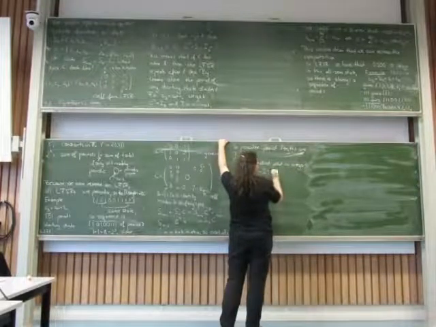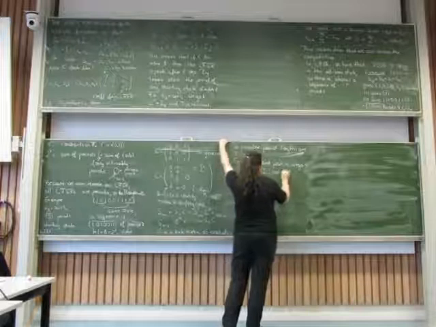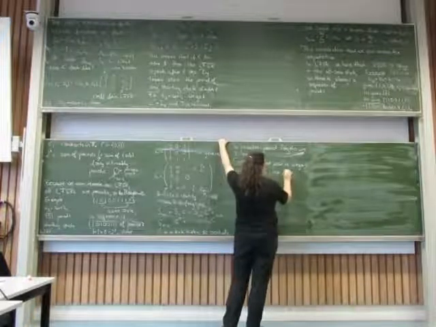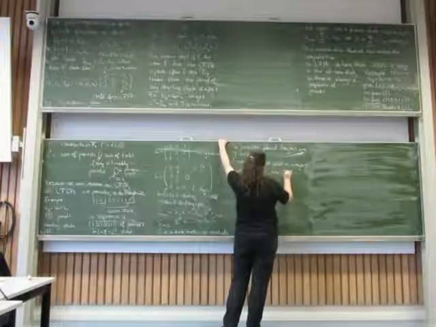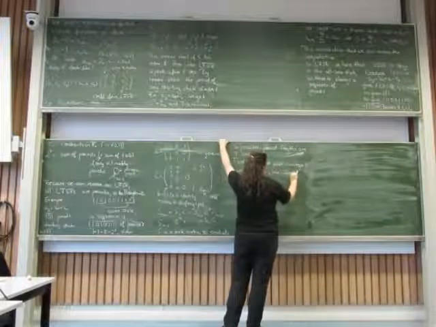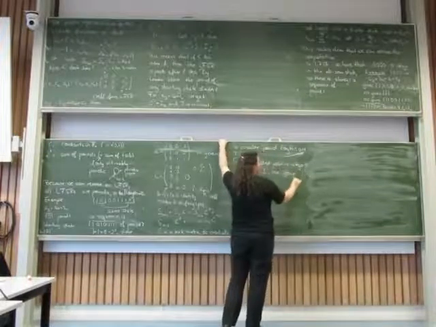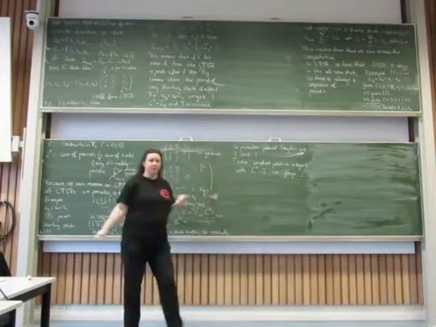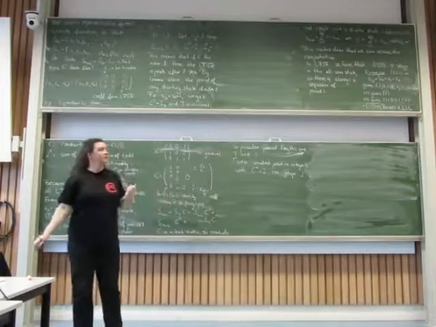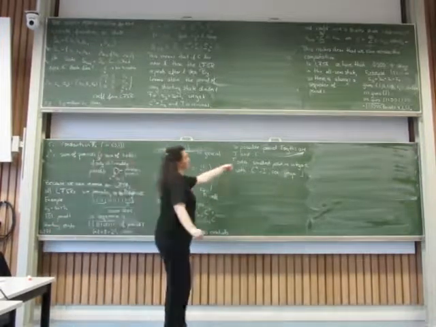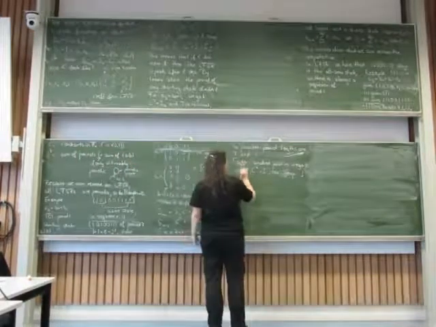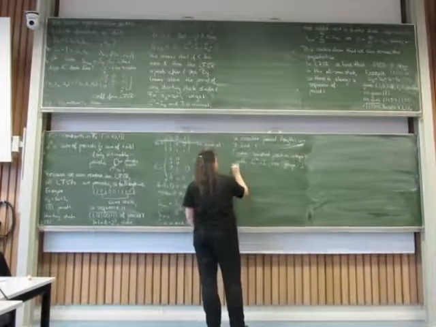But this is something about finite groups in general, symmetric groups. This is something I expect you to have seen in the algebra course. If you have not taken the algebra course and you're still here, this is something you will need. So look up what order means. So the second example,